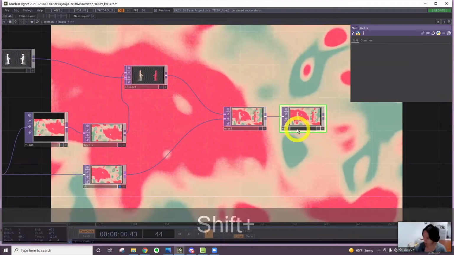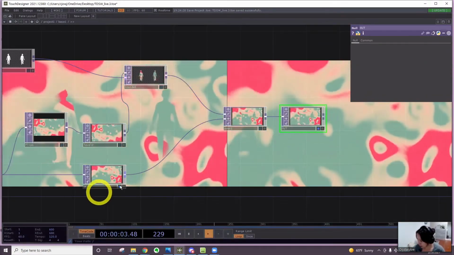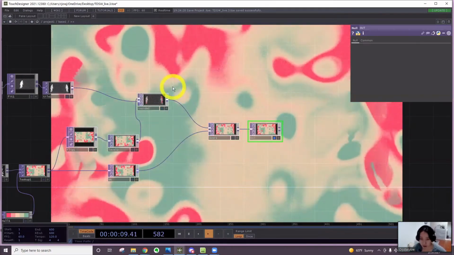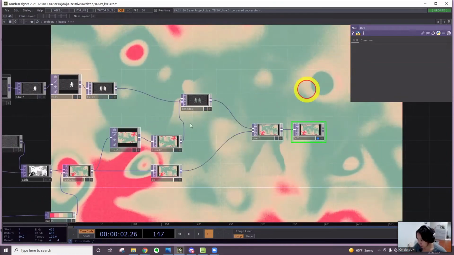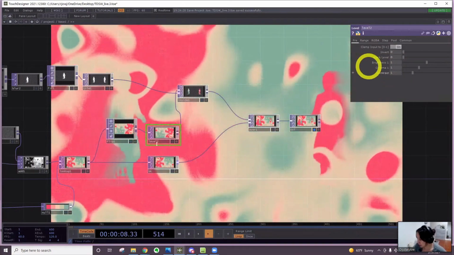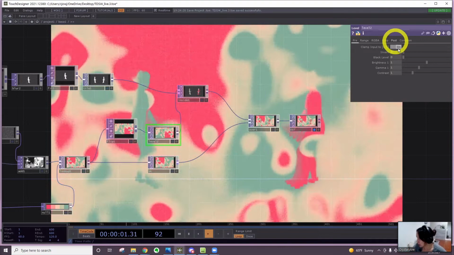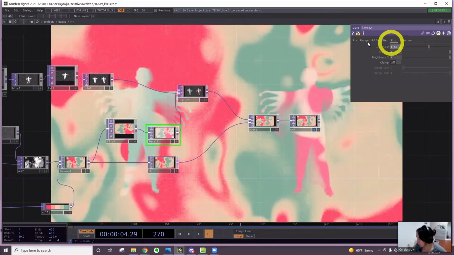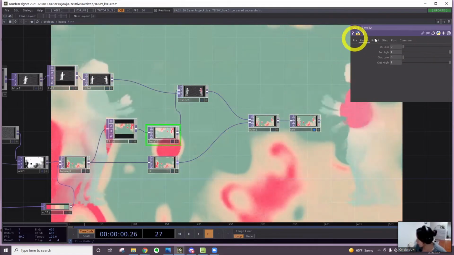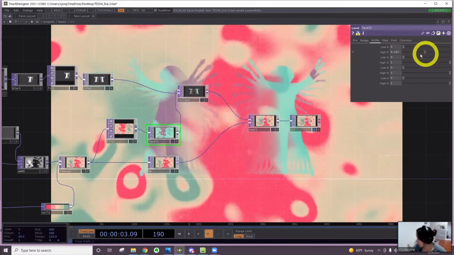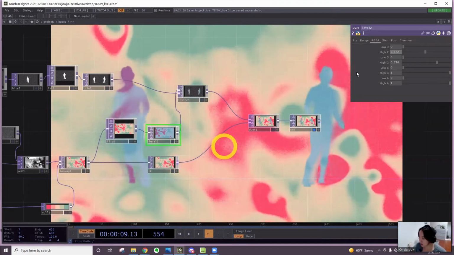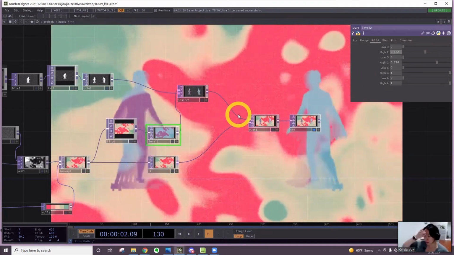Name this out, have this be active. So if you want it to be more subtle, you can keep this just like this, or you can play around with some of the parameters in the level after the flip. You can change the gamma, or you can play with, change the color, RGB, and make this your own and see what type of level parameters you want to change to separate from the